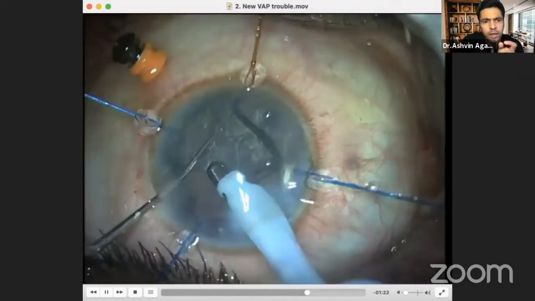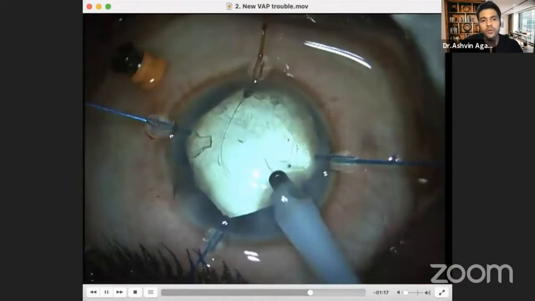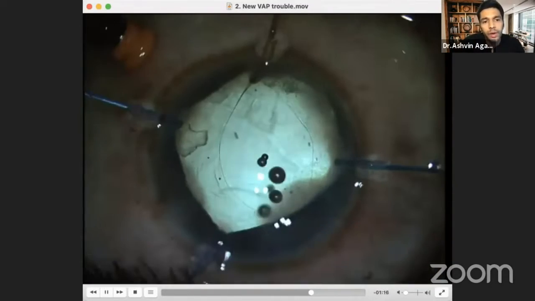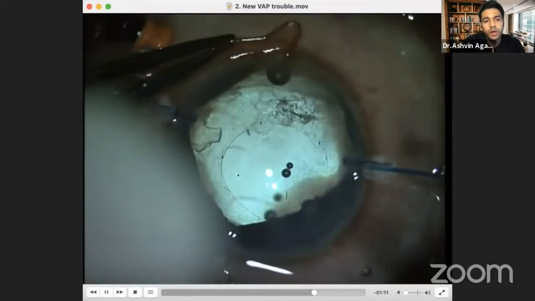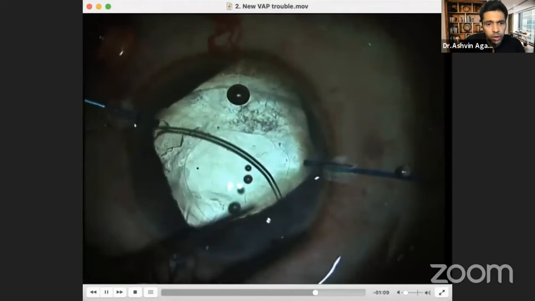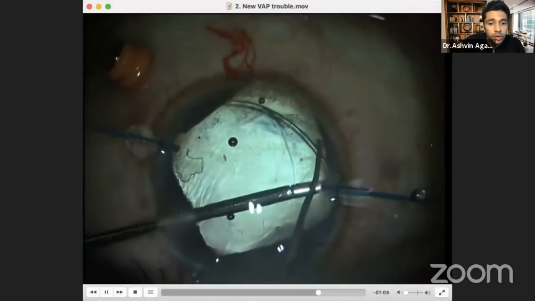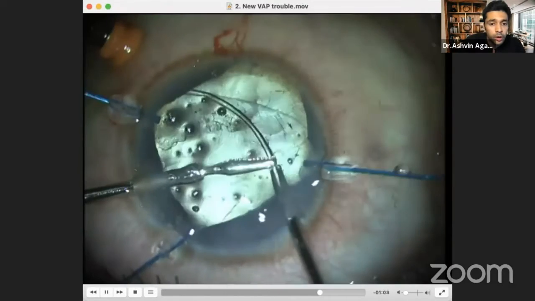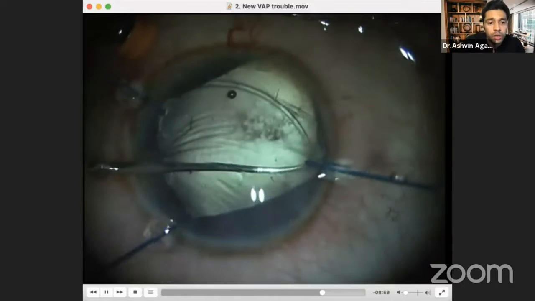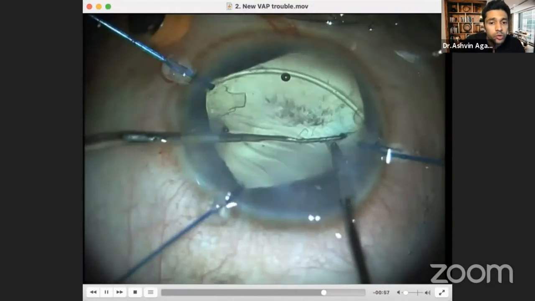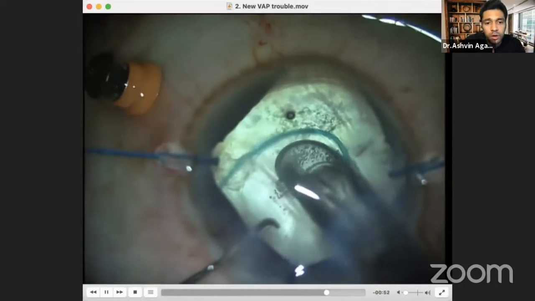And now in any case where I have more than 4 clock hours, remember guys, 4 clock hours of coloboma, I will always place a capsular hook in place so that prevents my issues from escalating. And now I'm placing, and another small tip or trick over here is to watch the end of that capsule tension ring going in, because if you don't, this is what will happen. You need to ensure that it goes in. You need to make sure that that rexus is round.